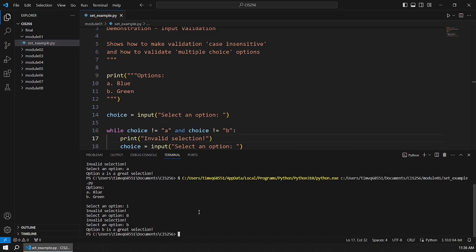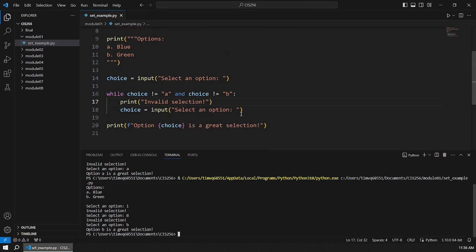So we would call this a case sensitive validation check, right? In other words, case matters. I have to type it in as lowercase. Sometimes that's what we want, but sometimes, actually, oftentimes, that's not what we want. We want to make it easy for the user. They could type in A or B, and I don't care if it's capitalized. So,